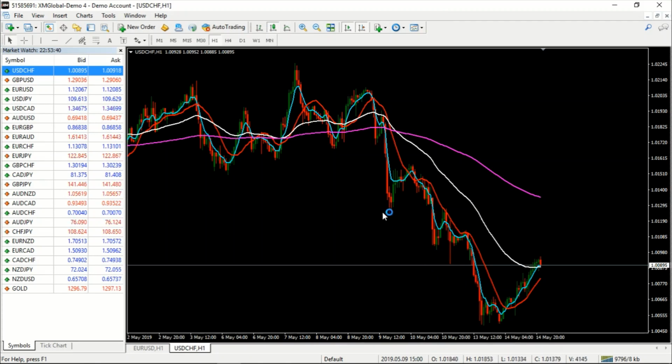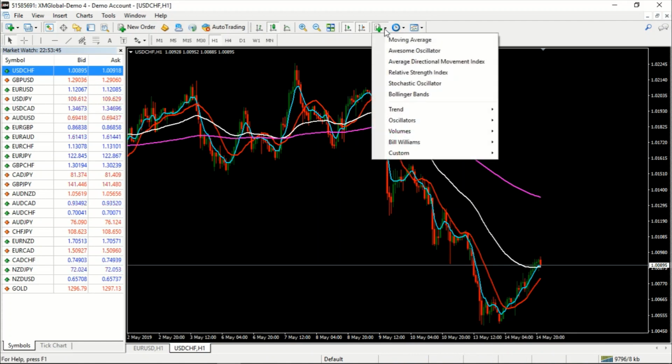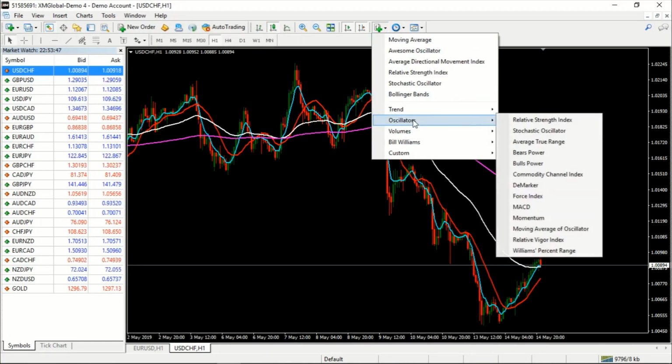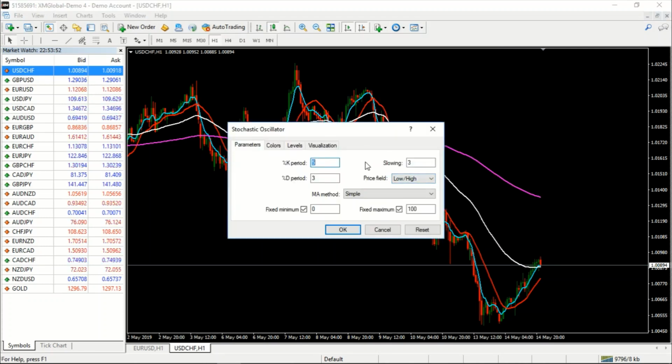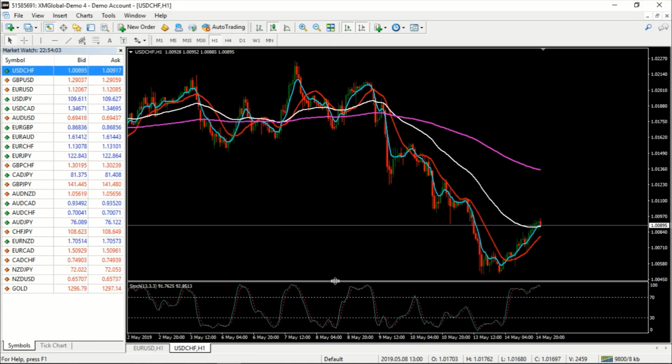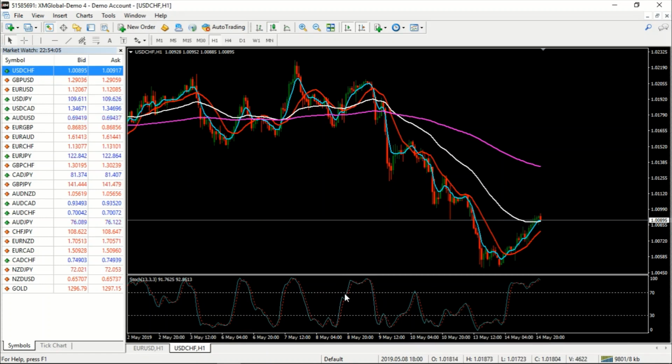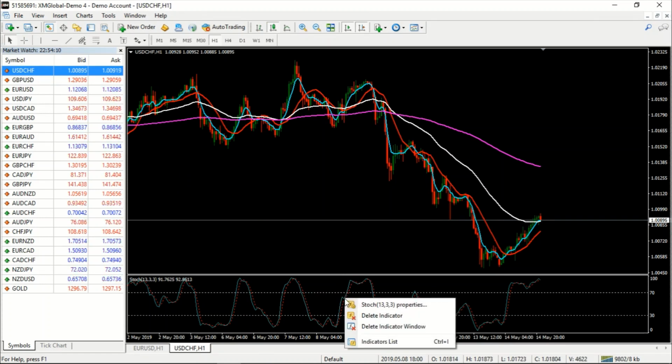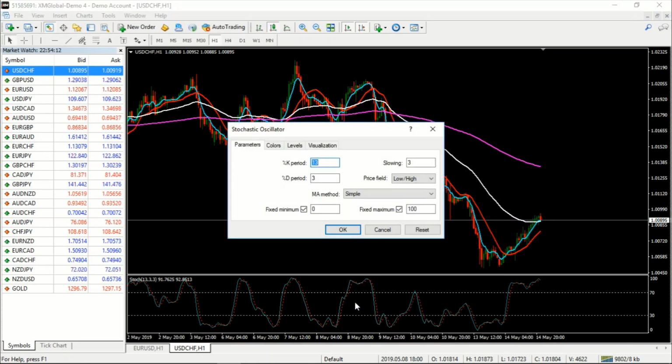So now we're going to go on to the other indicators that we've got. The next indicator would then be a stochastic oscillator. With a stochastic oscillator, we will be setting the K period to 13. We'll select OK, and we will see that the oscillator will appear on the chart. What we will then do is right click and go to properties,